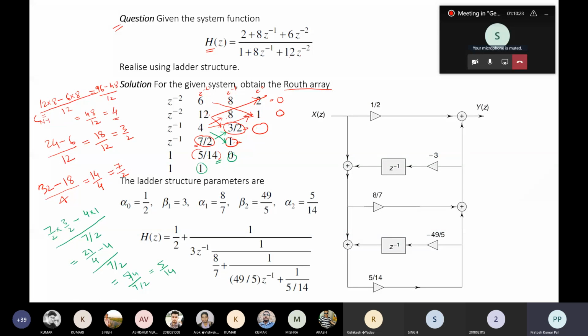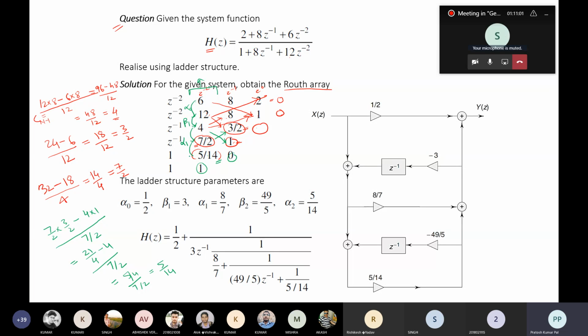So once we have found out the coefficients, the first order coefficient, the first column coefficients, from there we can find alpha 0 is equals to 6 divided by 12. So 6 divided by 12 will be half. Then beta 1, so this will be giving out the alpha 1, alpha 0 value, and dividing these two, that is 12 divided by 4, that is coming out to be beta 1. So 12 divided by 4 is equals to 3, beta 1, and then this is alpha 1 value, so it is 4 divided by 7 by 2, so it will be 8 by 7, that is alpha 1